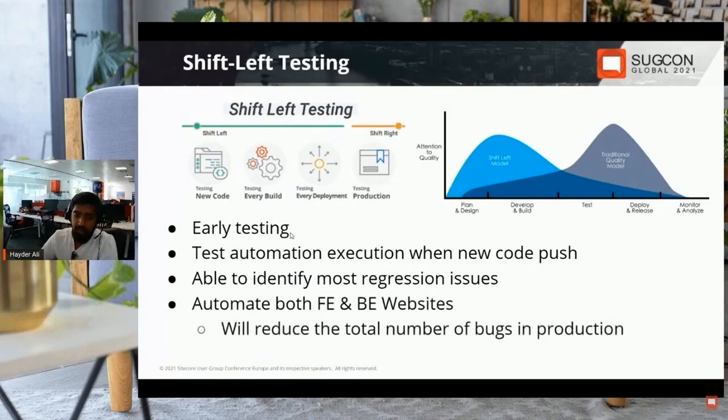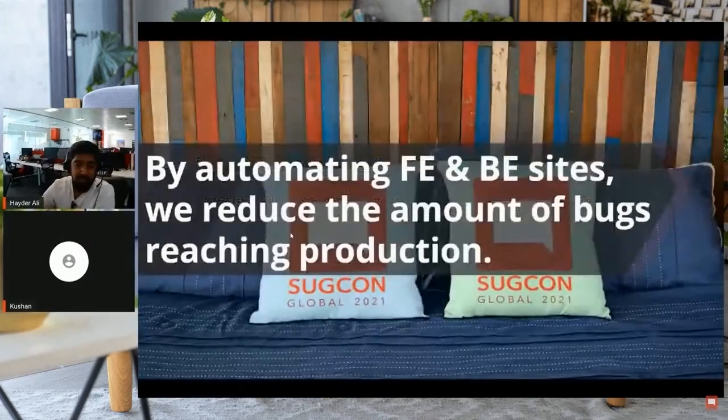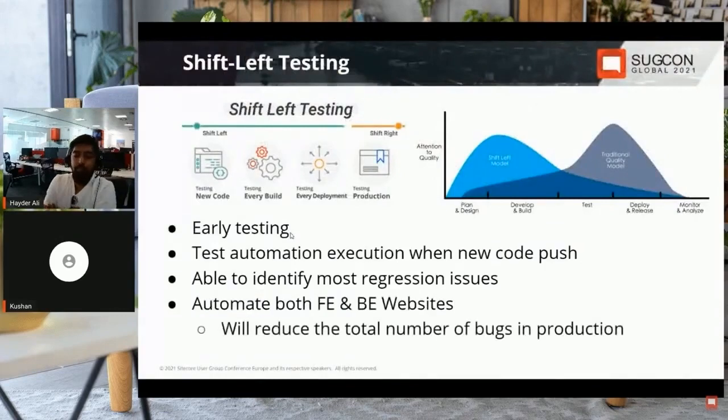And automating both the front and back end side will reduce the total number of bugs in production. So I think I had this on the previous slide. By capturing it, we should try to automate on every single environment. It could be a sandbox, a release, or a UAT. It changes for everyone. But it's ideal to get the automation running in every environment,